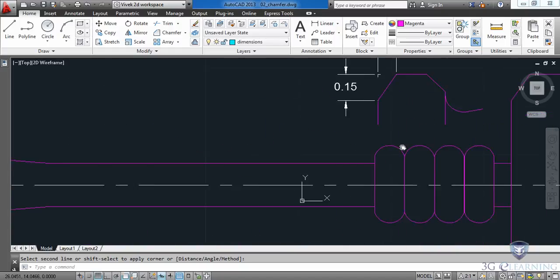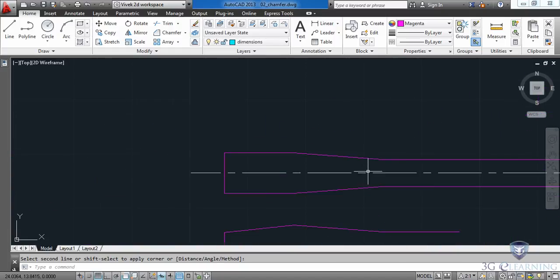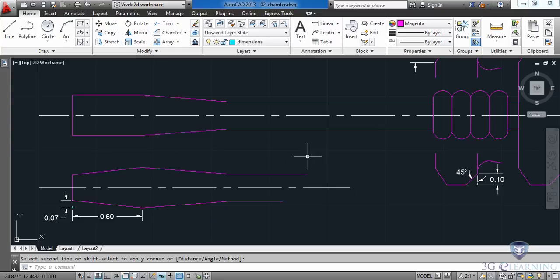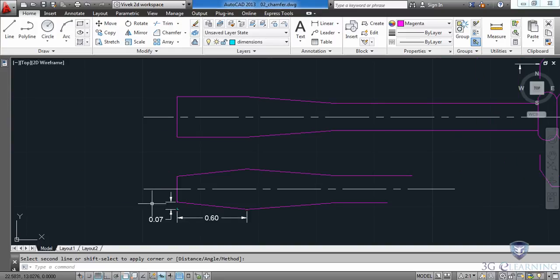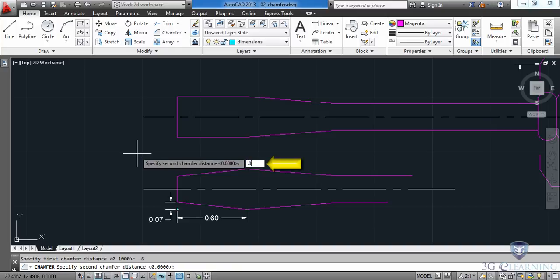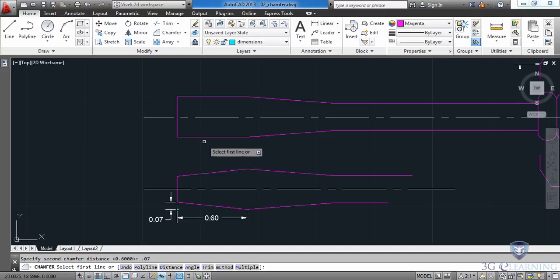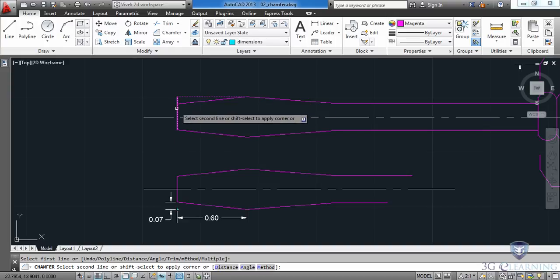Next I'm going to pan down to the tip of the screwdriver. Let's zoom out a little bit. Based on the measurements we have here, it looks like this is going to be the distance method. I'll launch the chamfer command. I'll select distance. My first chamfer distance will be 0.6, second chamfer distance will be 0.07, enter. I will then click the 0.6 side first, and then the 0.07 side. I'll press the spacebar to relaunch chamfer, and I'll grab the top edge and the front edge to chamfer the